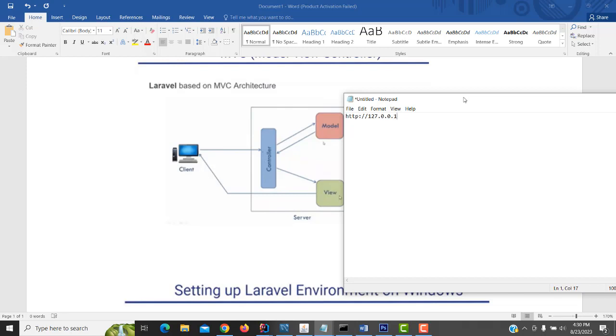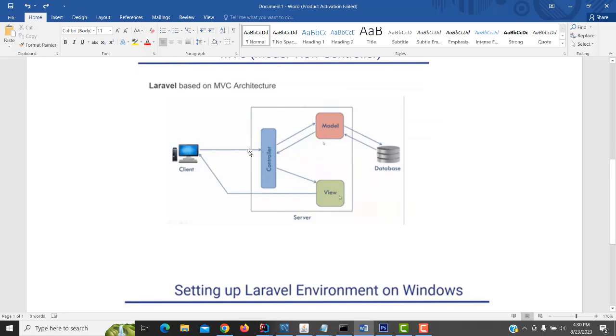So when the request is coming, for example student, what happens is when you type the URL in the browser, it passes the request to the controller. The controller is the part that manages everything, and it passes the request to the model. The model is the part that communicates with the database and fetches the data about the student details,